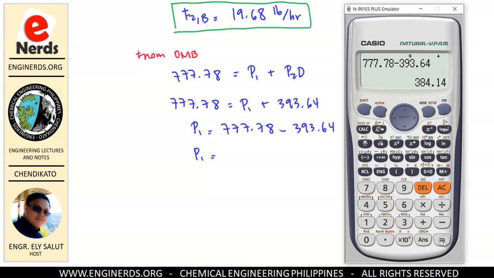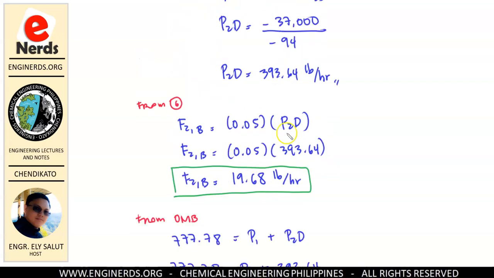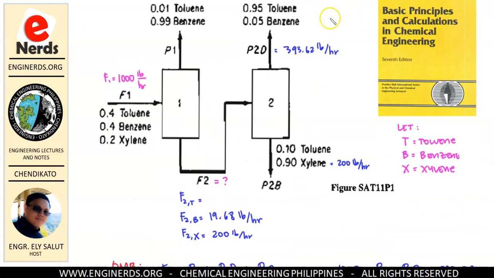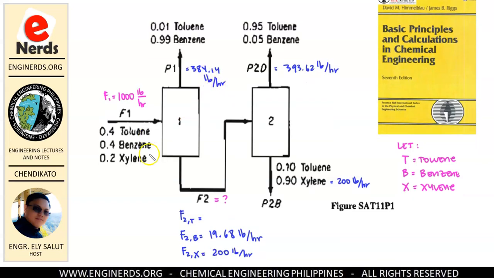So this is equal to 384.14 pounds per hour. So let me write that. 384.14 pounds per hour. Okay, so if you're going to use our Unit 1 balance, alam na natin yung pumapasok na